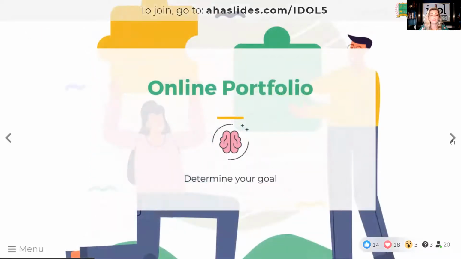All right. The first step for your online portfolio is to determine your goal. If you've already done the homework from day one of this challenge, which is to determine your ideal role, that means you know what your goal is, right? That means you know who you're targeting, where you want to work, what you want to do, and what you want to emphasize. And based on that goal, we've talked about it over and over again, it's working backwards. So we know, for instance, that the goal is to work for a for-profit company.